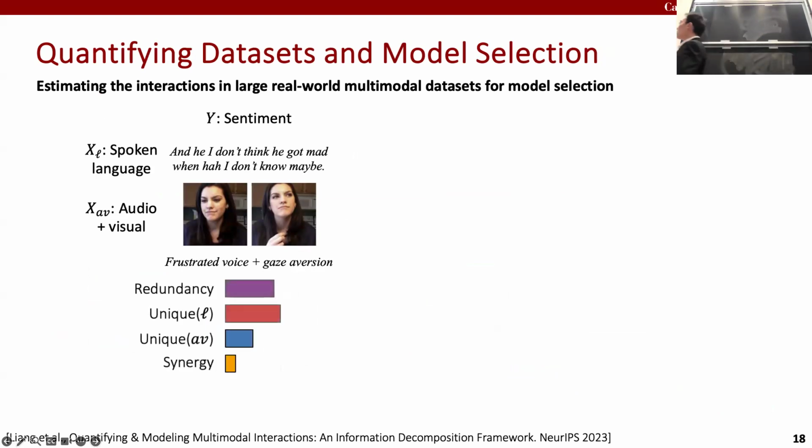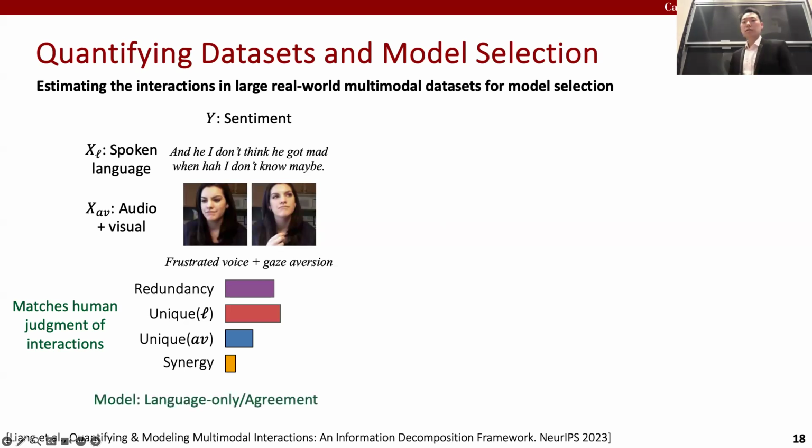So by running these estimators, we find that there is a lot of unique information in language. That is a predominant modality. And that makes sense because we say happy things and we say positive things. But the second most important interaction is that of redundancy. That means we do say positive things while showing positive gestures, and we say negative things while showing negative gestures. So in fact, a lot of this evaluation was done by humans, right? We actually got humans to look at these videos, to label all the interactions they were using. The humans were perceiving the sentiment of the speakers.